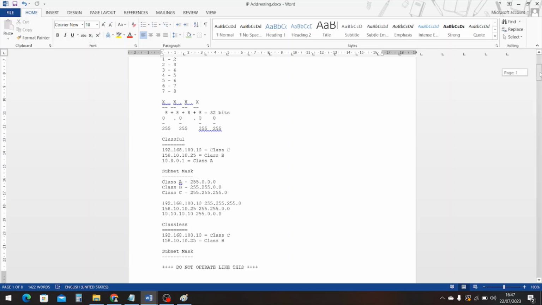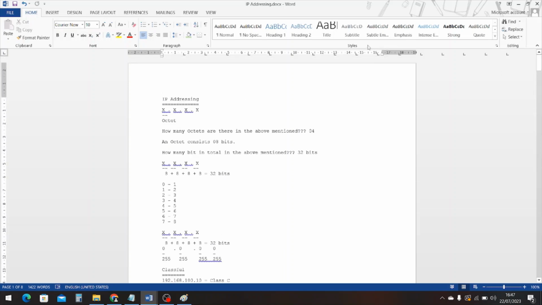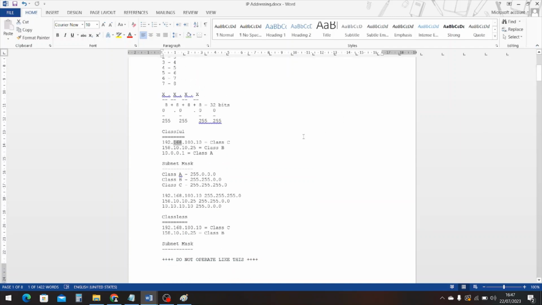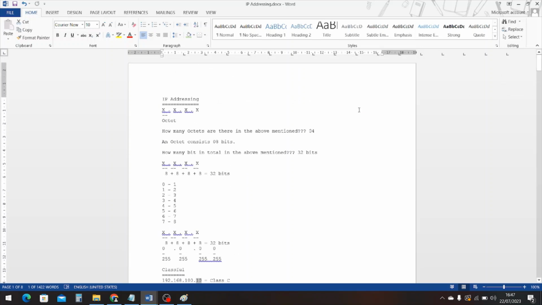So we'll go back to the basics again. As you could see, there were 4 numbers separated by dots, which I'm highlighting at the moment. I'll just scroll a little bit. See, there are 3 dots and there are some numbers associated with it. That's the same representation that's indicated here. One of these